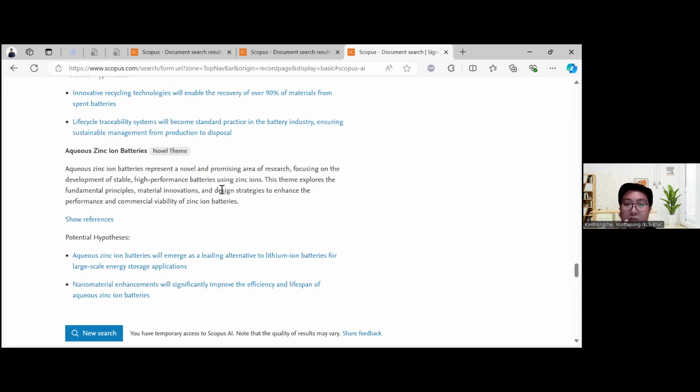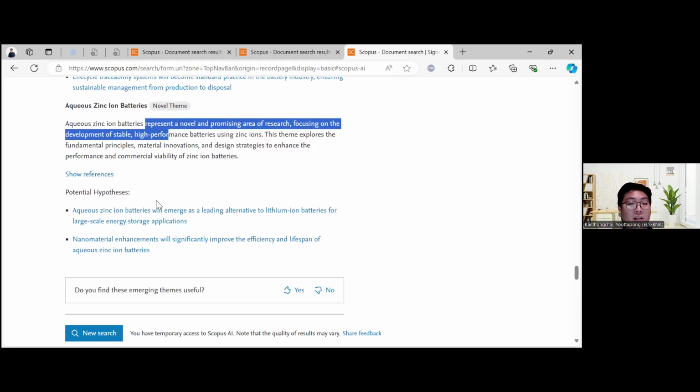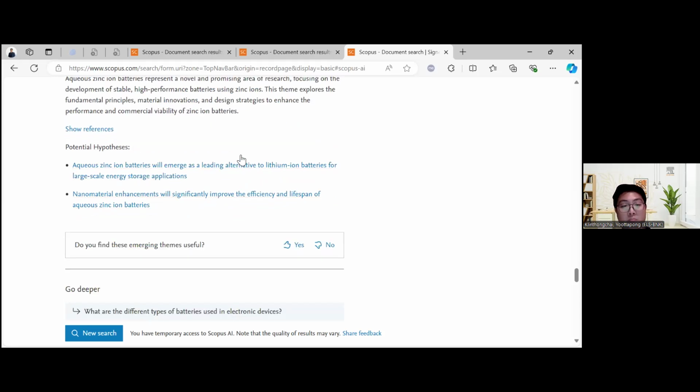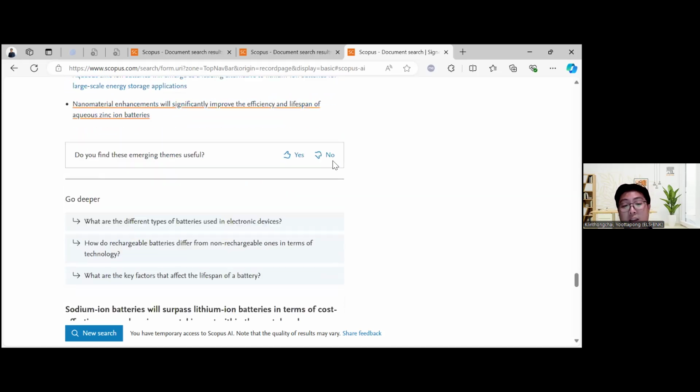We can take this and improve your article, improve your research on this, because not many people try this topic, like aqueous zinc ion battery, here. And you can see the hypothesis here as well. Then you can click on it to read more detail. And the last one we call Go deeper. What does Go deeper mean? It means that if you don't know anything, you don't know what to ask,